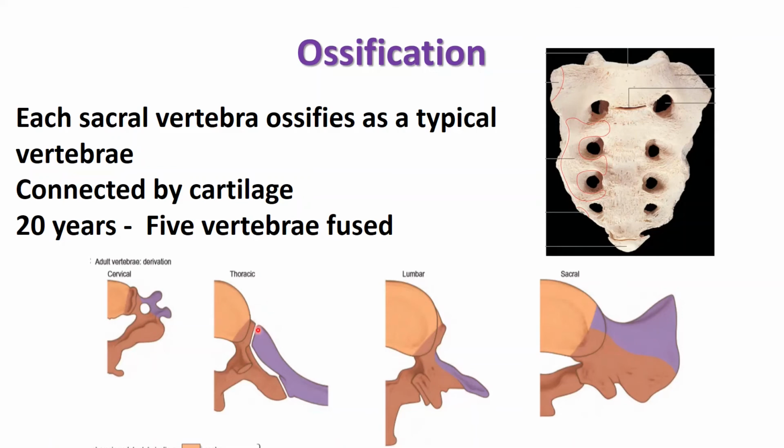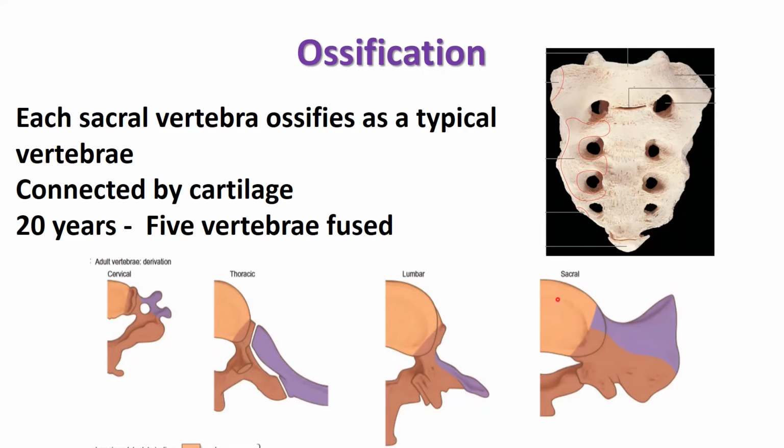But in thoracic vertebrae, these costal elements elongate and detach from the transverse process and form the ribs. So ribs are the detached costal elements in the thoracic vertebrae. In the lumbar vertebrae, the costal element is over here and the transverse process is represented by the mammillary tubercle. So here we say the transverse process is here. The true transverse process is the mammillary tubercle. This is the costal element, purple color.